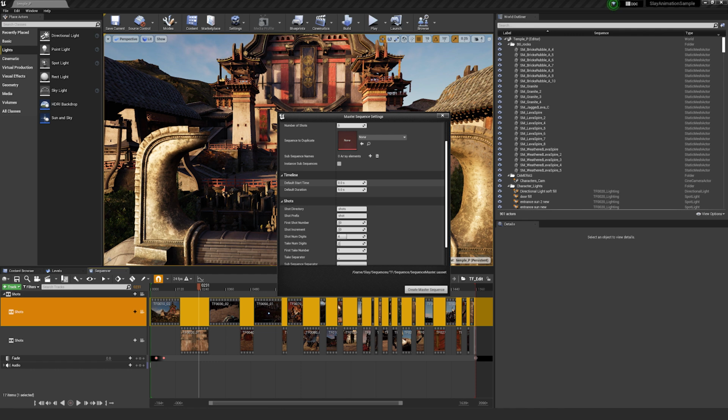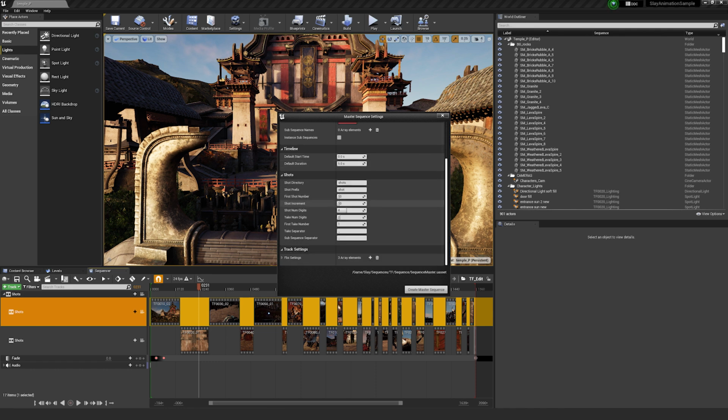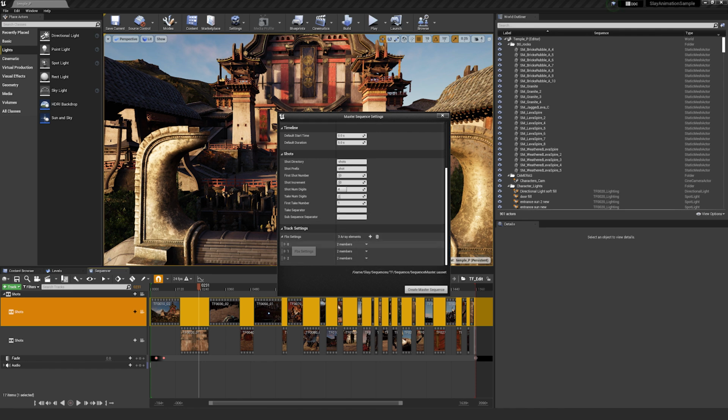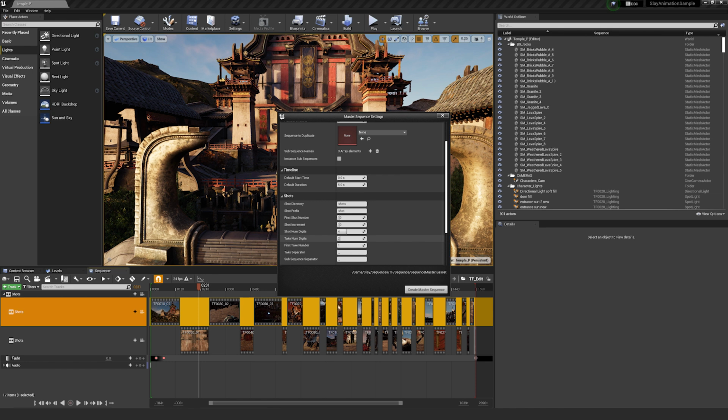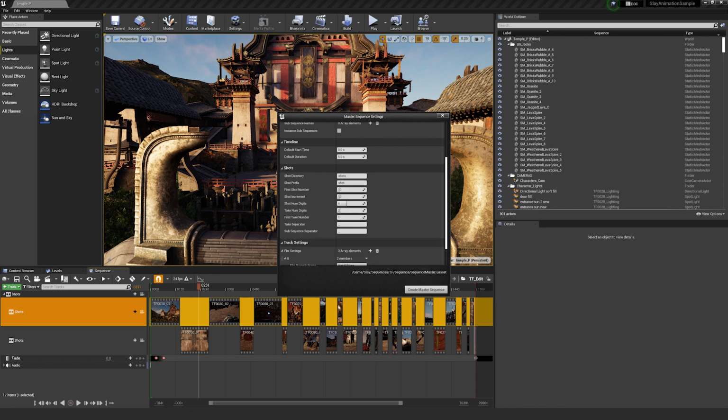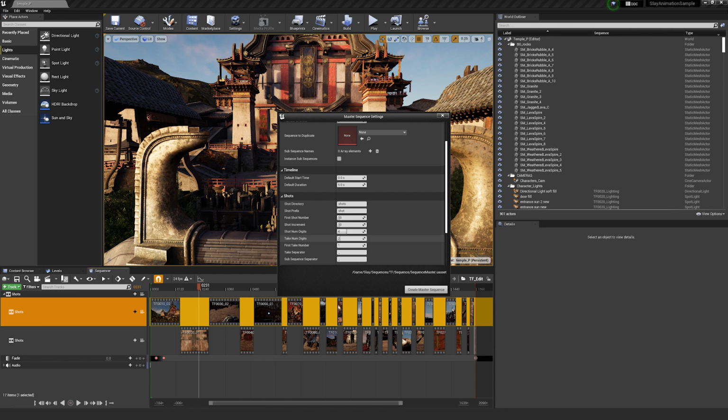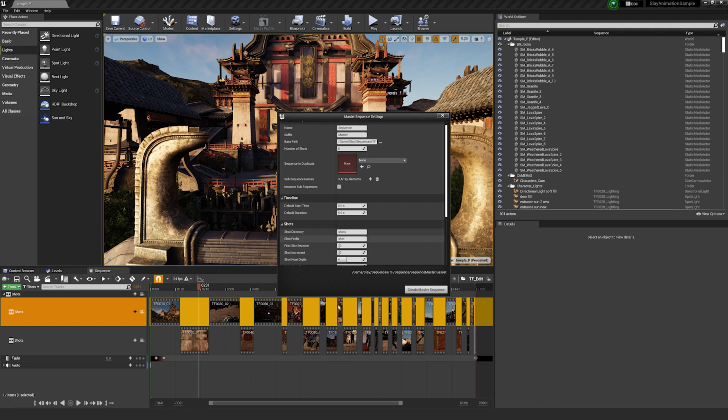Creating a master sequence when you know you're going to have multiple sequencers will come in very useful. Right here, it'll also help you with your shot directory. It'll give you shot prefixes and it'll increment the numbers, all that stuff. At the same time, there are even tracking settings that you can add on top of the default settings over here for the cameras. We didn't do too much of this as a lot of the stuff that we created was very manual and very per shot necessity. If anything, we just used this as the start and base to create the amount of shots we knew we needed, and then from there, manually adjusted them accordingly.